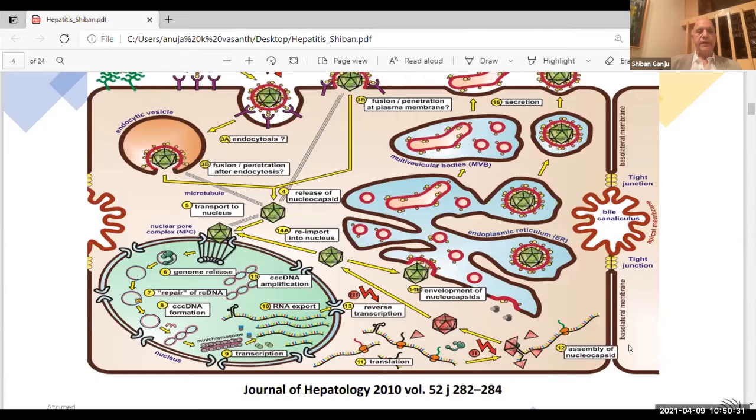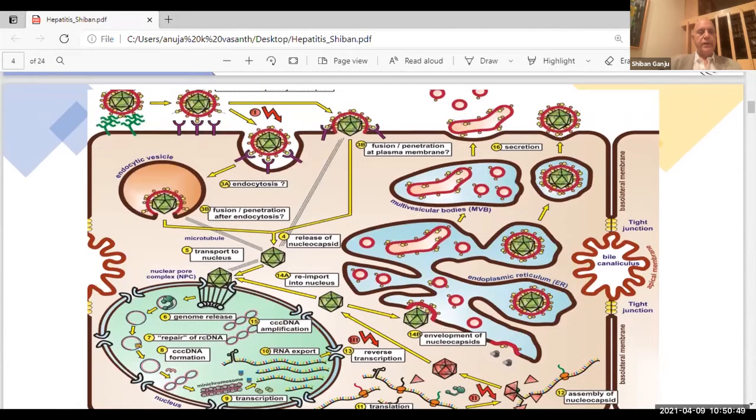The hepatitis B virus right on the top in green with a red envelope forms a small vesicle with the hepatic membrane, enters the cell on top left, and then this virus from that vacuole is extruded. The green hexagon that you see is the virus. It enters the nucleus,